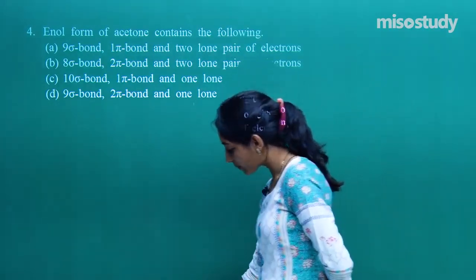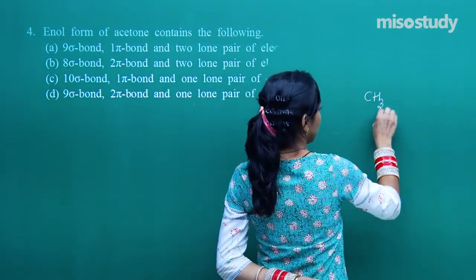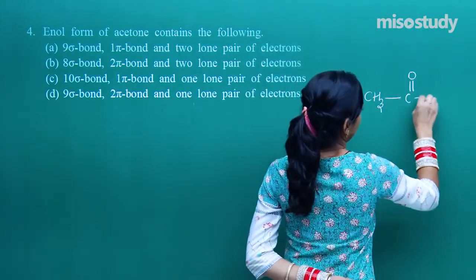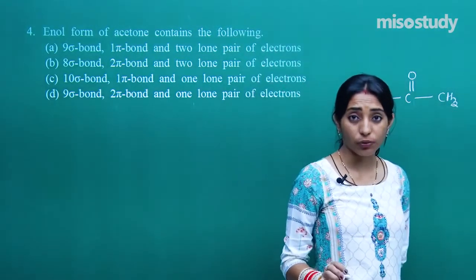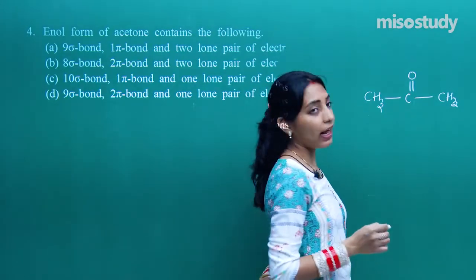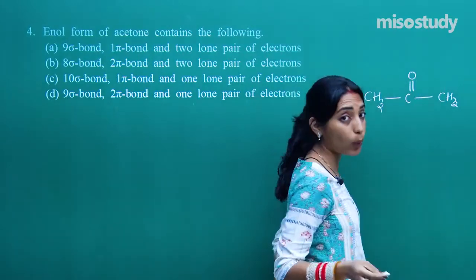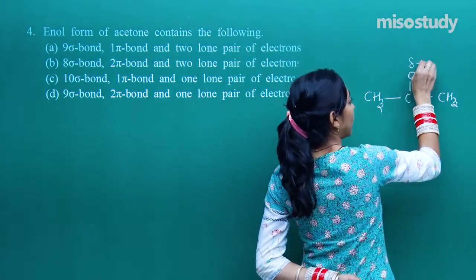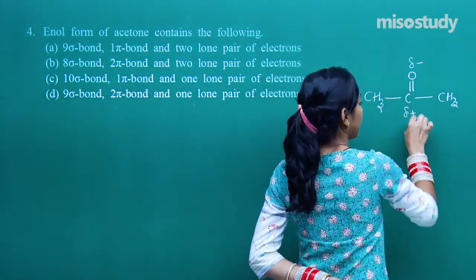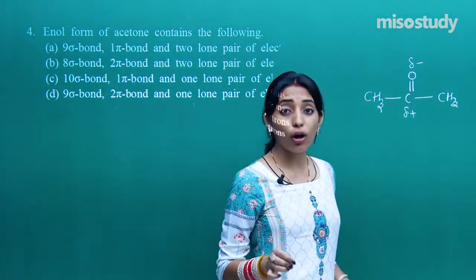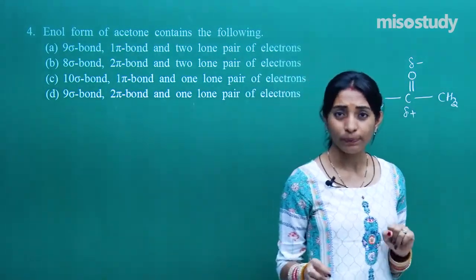See here carefully. When I am talking about acetone, this is CH3COCH3, this is acetone, right? Now if I go to the details, you can see that this particular oxygen is quite electronegative, so it will have a delta negative sign. Whereas you consider this particular carbon, it will have a delta positive sign, and this all is happening because of the difference in electronegativity of carbon and oxygen, right?